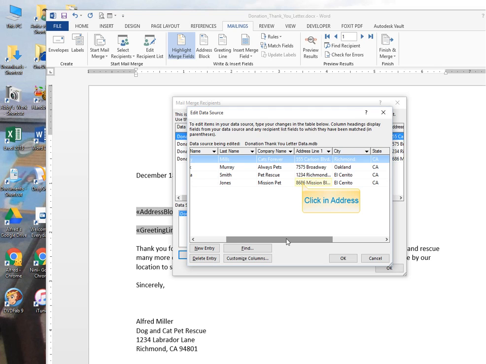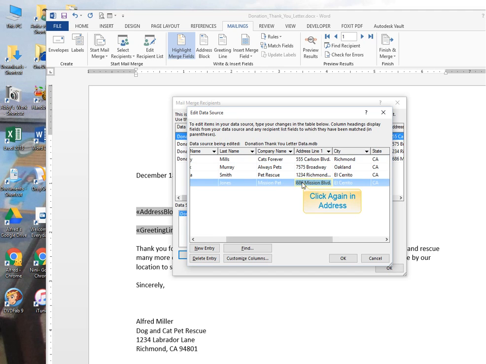I scrolled to the right so that I can make a change in the address. I decided that the pet store at 8686 Mission is actually 8687 Mission, so I'm going to click on the address and then make the change. Click again in the address field to get a blinking marker to make your editing change. Simply backspace the 6 out after having a blinking marker and type a 7 to make the new address 8687